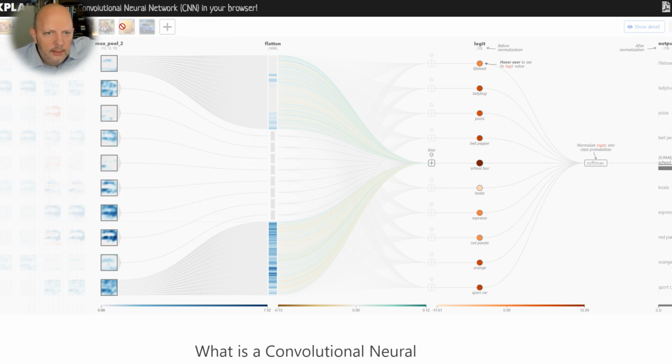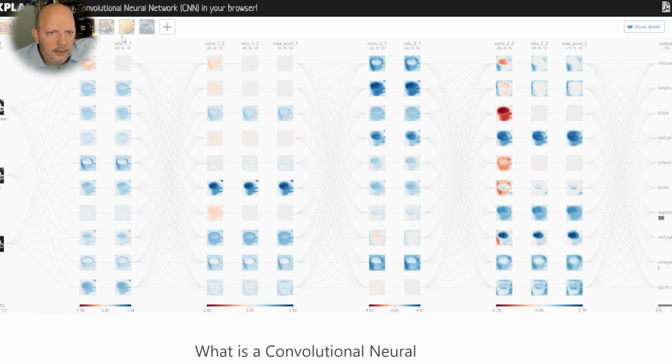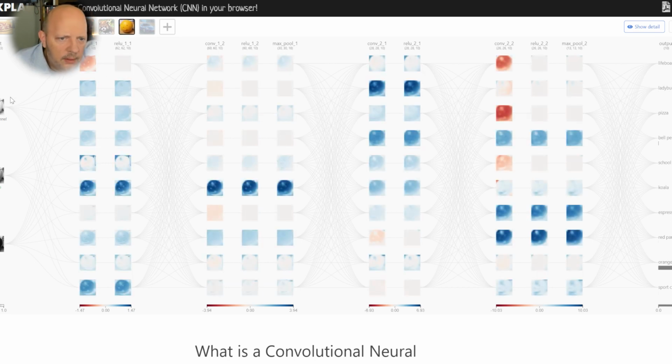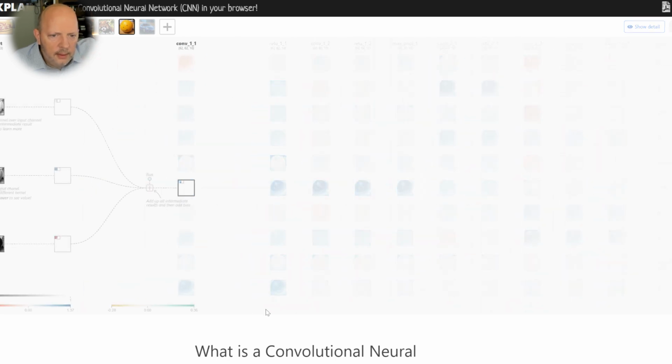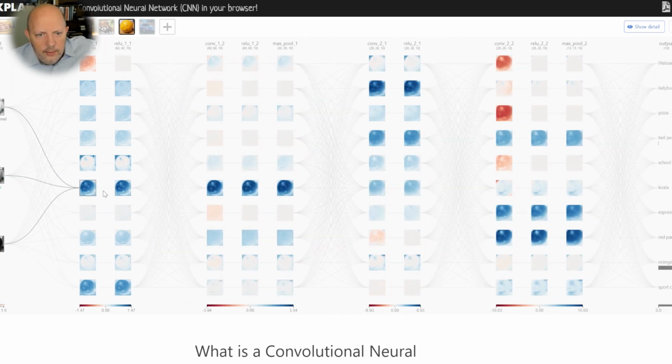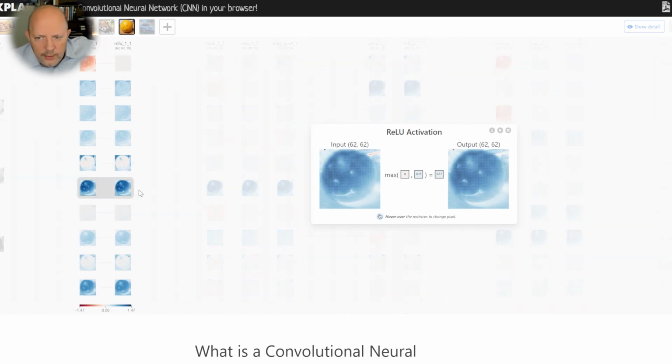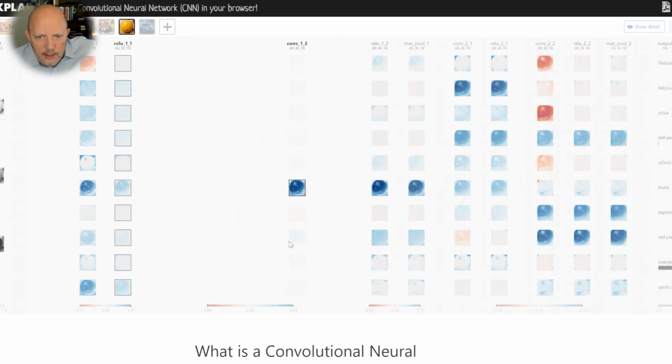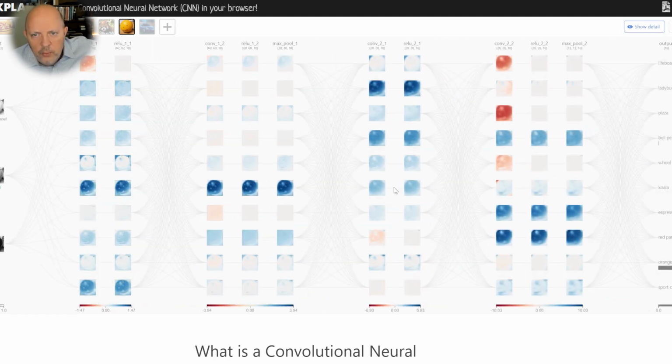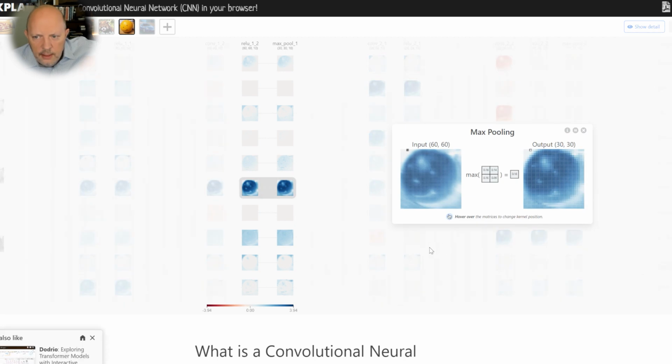Let's click escape and reload this. Let's do a smiley ball. There's a red channel, green, RGB. You can see how that works in there. I'm not going to spend too much time on this because you can do the same thing and read below. It goes through and matches what's the most important feature here. Let me look at it again. Let me figure out what the most important thing is. Let me look at it again.